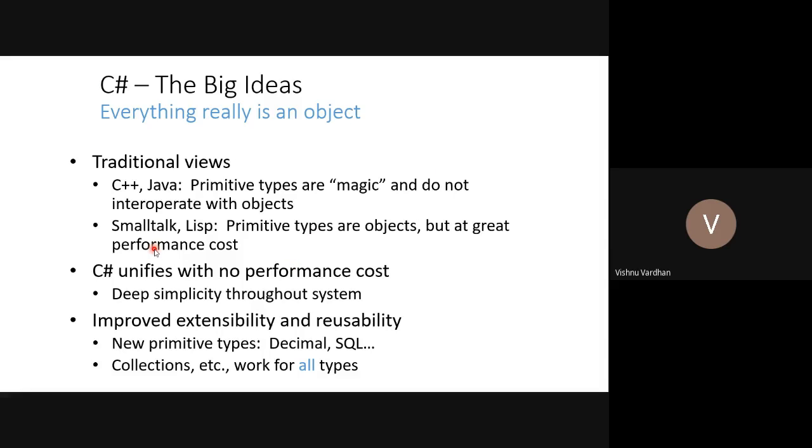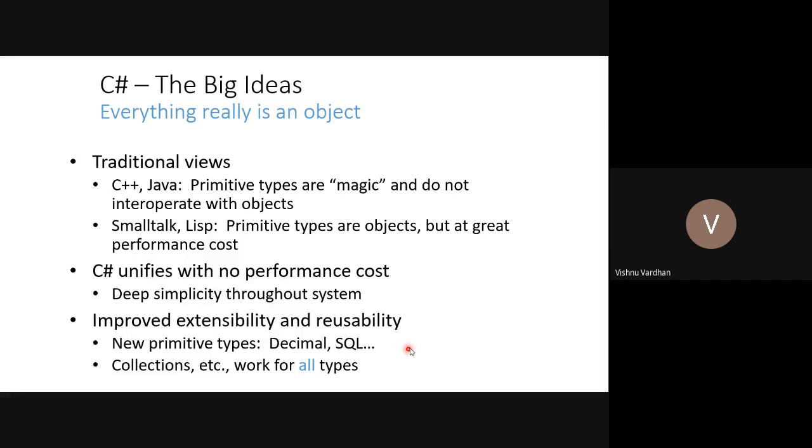Okay, so they have taken initially an object. On that object, they have extended their functionality so as to create a big library or what we call a framework. And C sharp unifies with no performance cost. So deep simplicity throughout the system. Then you can unify your code whether you are writing any different kind of application, whether you are working on mobile applications or Windows services. You can simply unify the code without any performance degradation, and you are going to save so much effort.